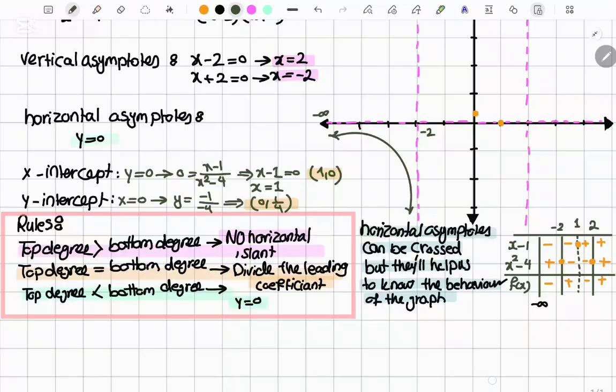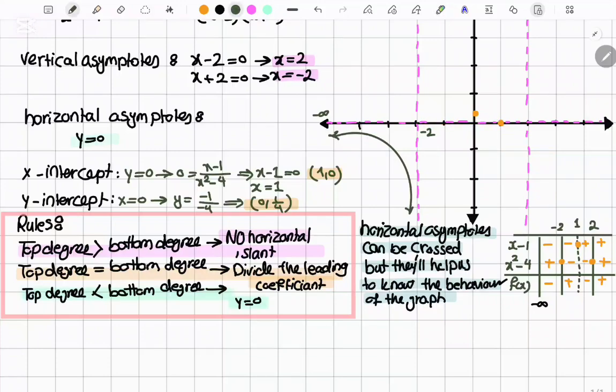So guys, this is going to get so close to the asymptotes, the vertical ones, but it's not going to go through them. From negative 2 to 1, which is this distance, the graph is going to be